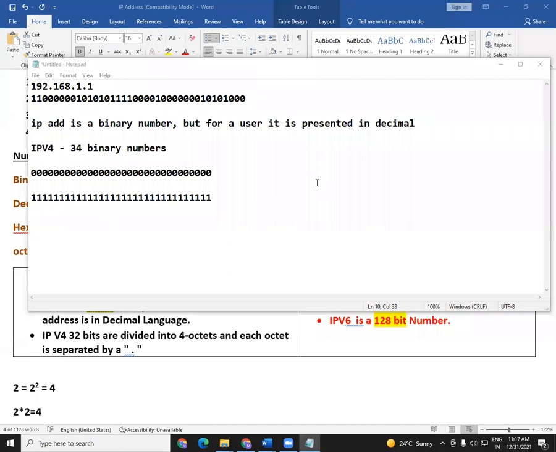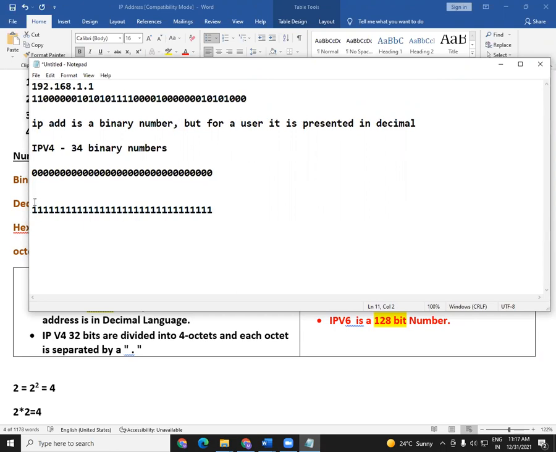Now tell me, does it look easy to understand these binary numbers? No. The first combination is all zeros and the last combination is all ones, and in between we may get a combination like this. So there is no way you can remember or understand these numbers. They are in the background, and the machines will use them. So what we need to understand is what these numbers are in decimal. We need to convert these binary numbers into decimal. Before we do the conversion, there is one more point we need to understand.